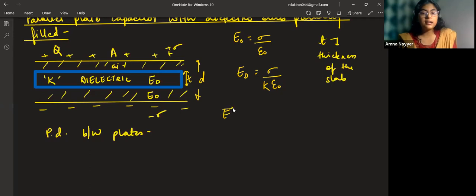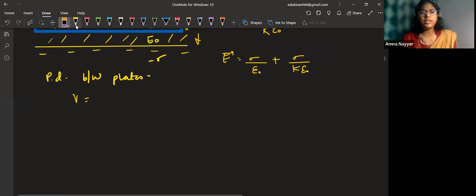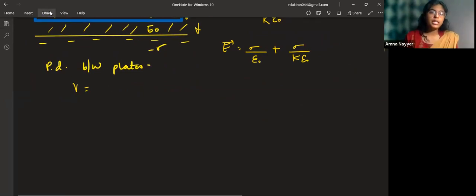What is the net electric field? I have told you steps remain the same. This is the first step, finding the electric field. What is the net electric field? Sigma by epsilon naught plus sigma by K epsilon naught. Coming to potential, the potential difference between the plates, V is equal to ED, we write. But is it still just ED? We have two types of plates now. Two types of plates are present. So see,